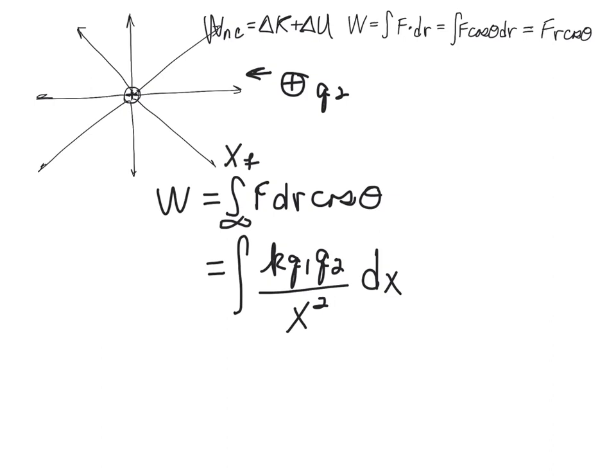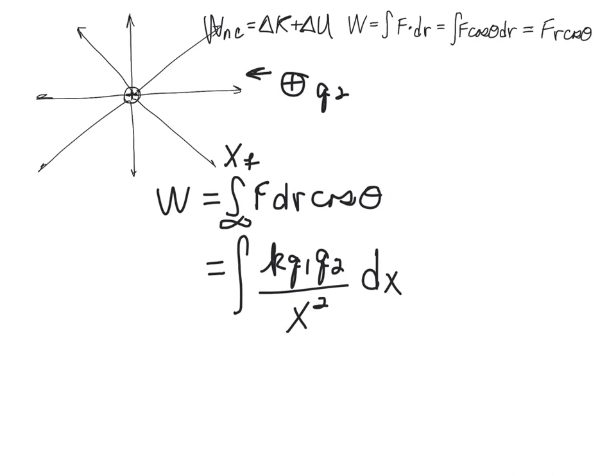And the force is this, and the displacement is that, and since I'm pushing in this direction and the displacement is in this direction, the cosine of the angle between the force and the displacement is always 1 because it's 0 degrees. So the integral simply becomes this,